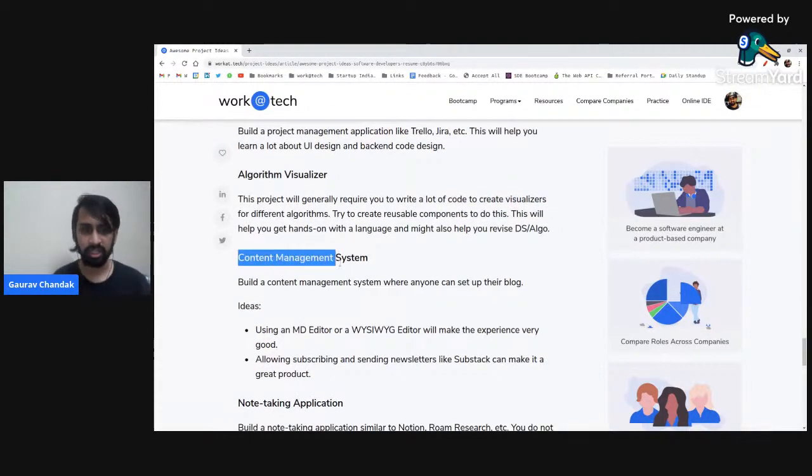Then maybe you can build a content management system. Basically, a content management system is something that people can use to create content and manage it. Let's say you create a platform where people can create their own blog. So that's a content management system. Like Medium is a content management system. Substack is a content management system. Ghost is a content management system. You can create your own